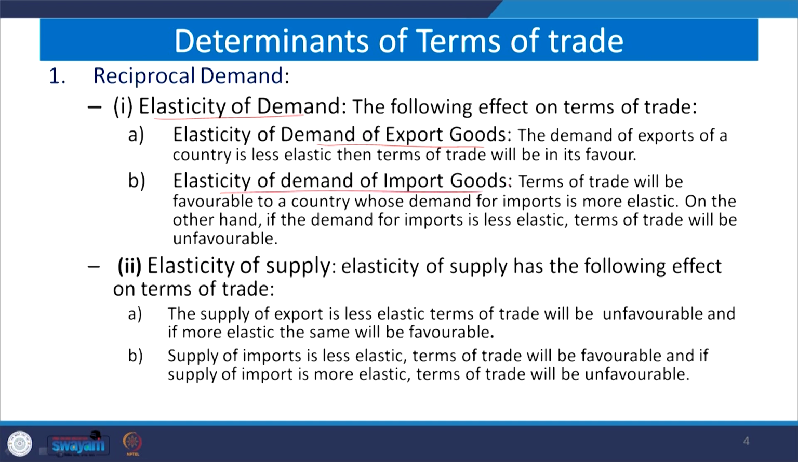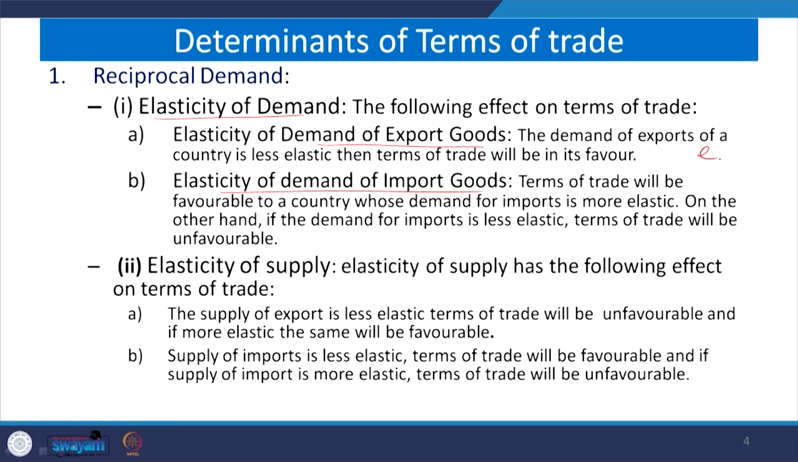Now, how does it matter? If the demand for exports of a country is less elastic, and if the elasticity of export demand of a country is less elastic, then the terms of trade will be in its favor. What do you mean by that? If elasticity of exports, E, is less than 1, that will be good. This implies that Px by Py